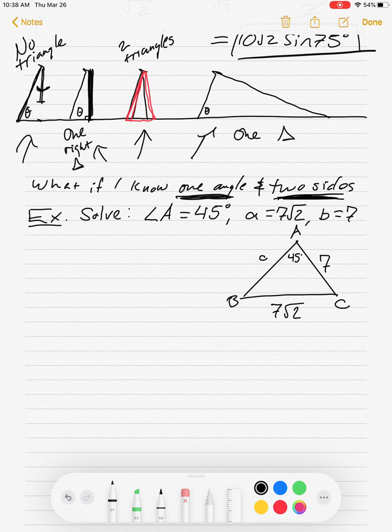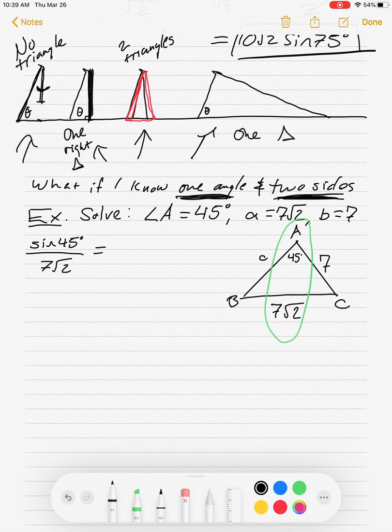So let's see what I can come up with. Well, let's start with the pair I know. So the only pair I know here is this pair. So I know that the sine of 45 degrees over 7 square root 2 would be equal to